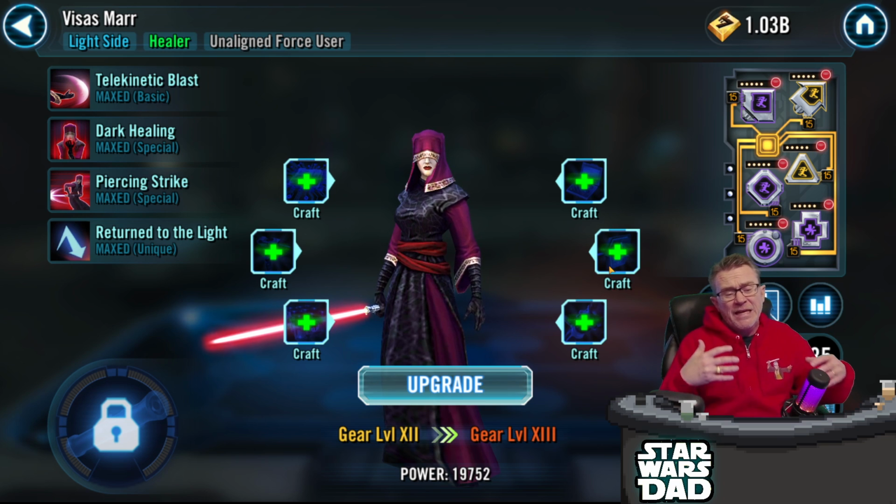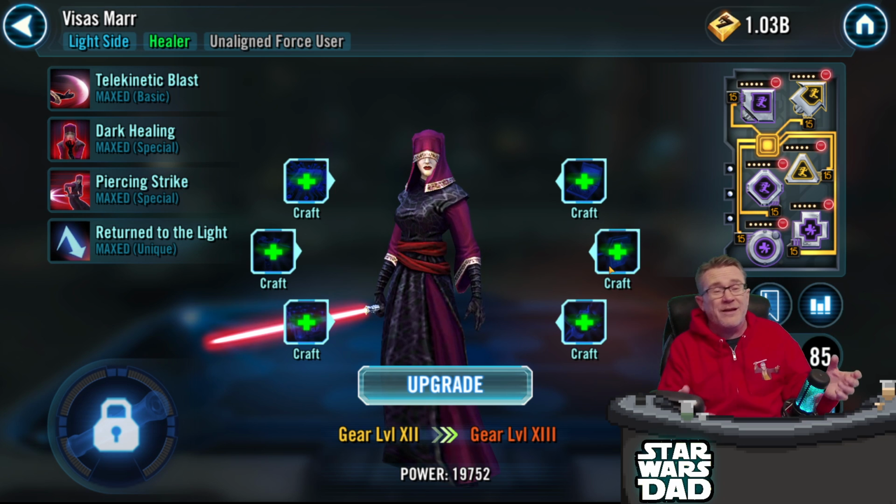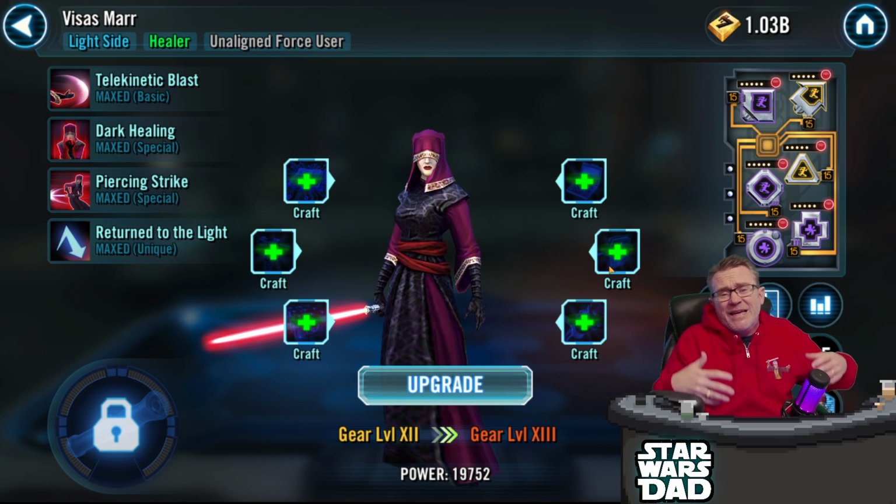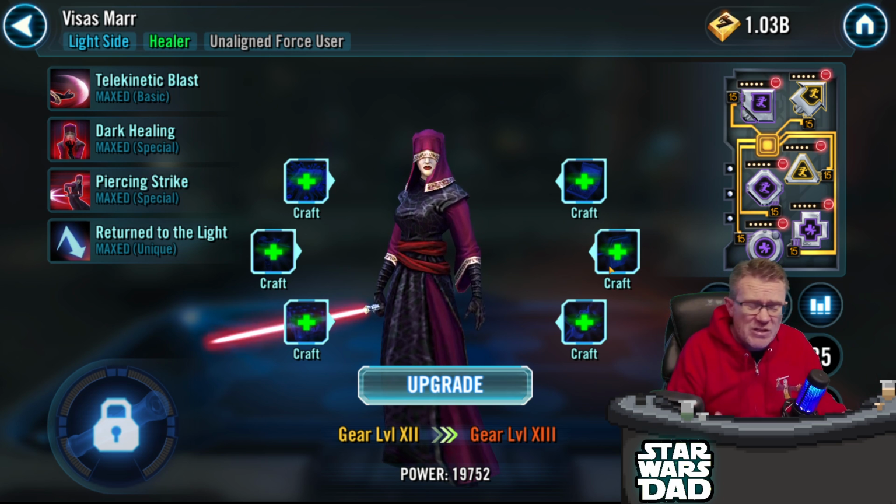Vismar, to me, is a side farm of a character that you've got to go out of your way to get. She doesn't fit into any farm. She doesn't really fall anywhere. Okay, yeah, you love KOTOR. Congratulations. She doesn't really fit, and you don't need her. She's kind of a nice to have, an extra,